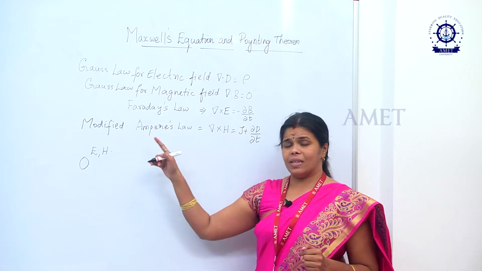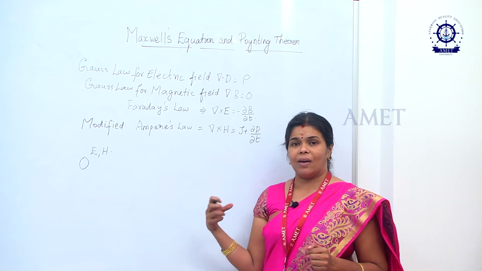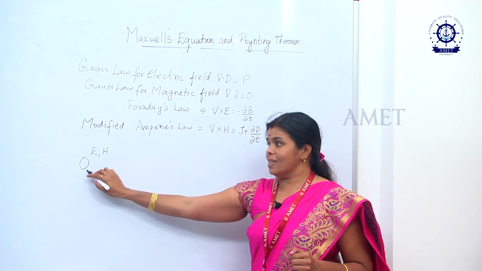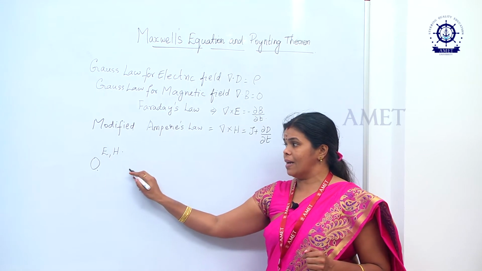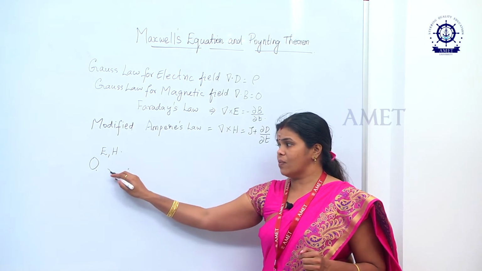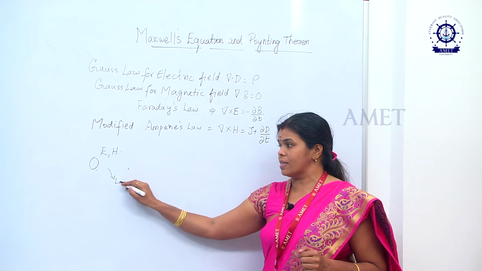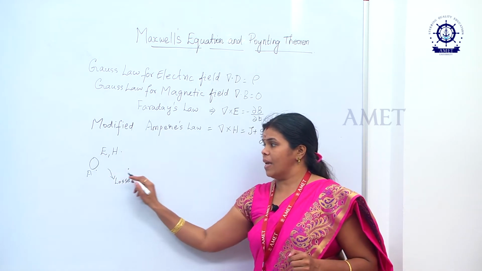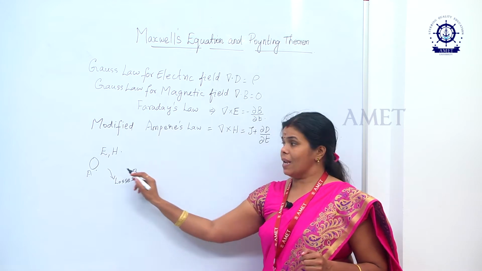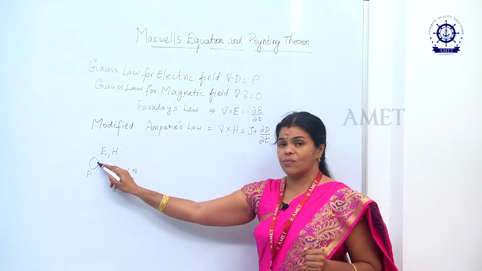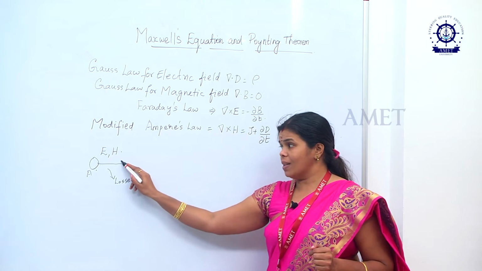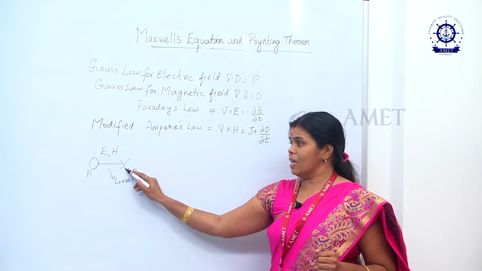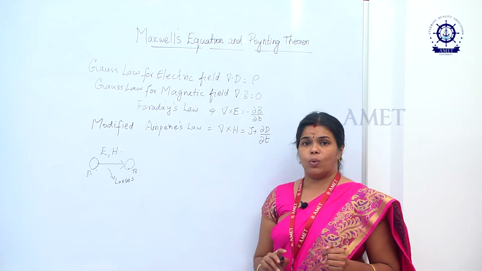Why are we deriving the Poynting theorem? If you have a wave and it is propagating, sending it from one place to another, some amount of energy will be wasted as losses. If you send the wave from point A to point B, the wave travels from A to B. On the way some energy is lost, and the remainder is delivered to point B.